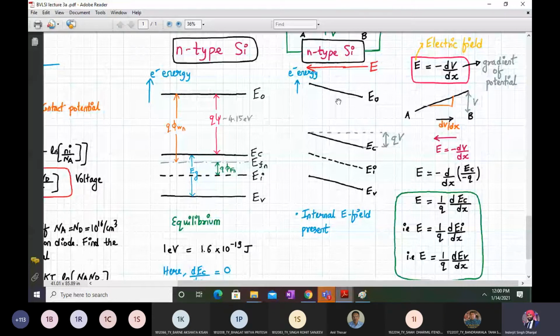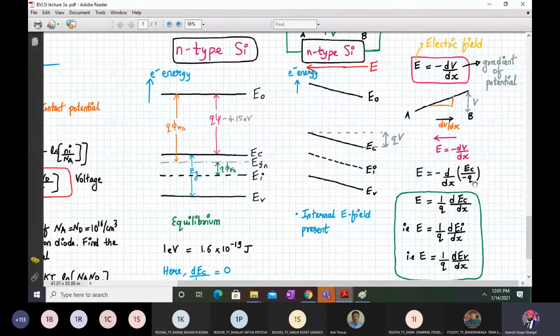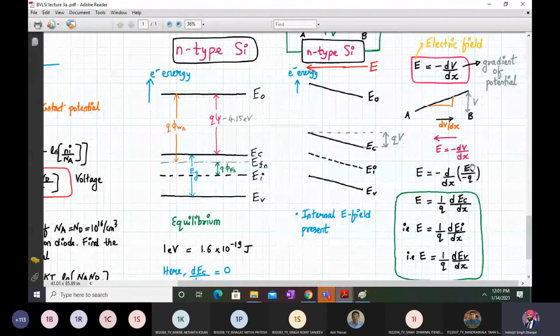Okay. So in this energy band diagram, let's consider EC, the conduction band energy level. If I want to convert it into a potential, I have to divide by charge, and this charge is a negative charge because it's an electron. So d by dx of EC by minus Q. So what will you get? E is given by 1 upon Q dEC by dx. Okay. So this is the way the energy bands will be slanted upwards like this, given by this formula: 1 by Q times dEC by dx.